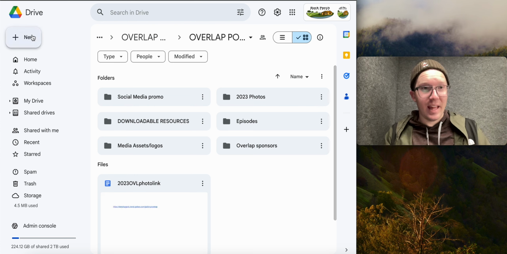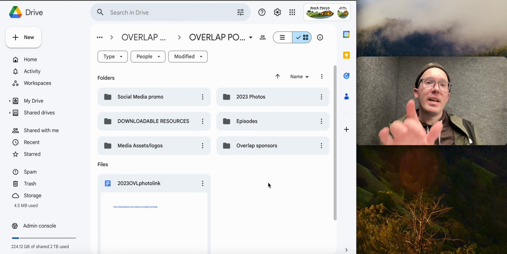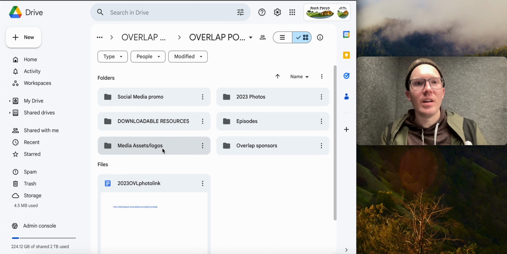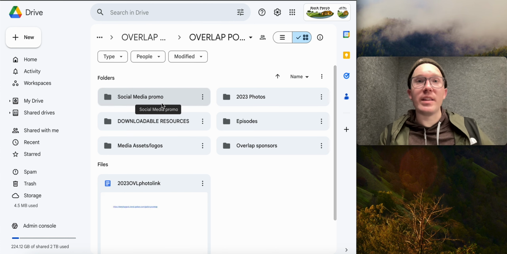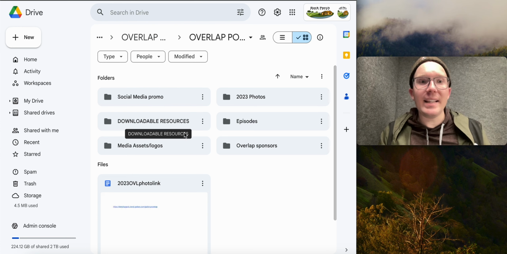So if I created anything while I'm in this folder, where I would find it after I exit out of it is in this drive, in this folder that I'm in right now. So next, after you upload or create the file, is going to be sharing it. So the easiest way to do this is,